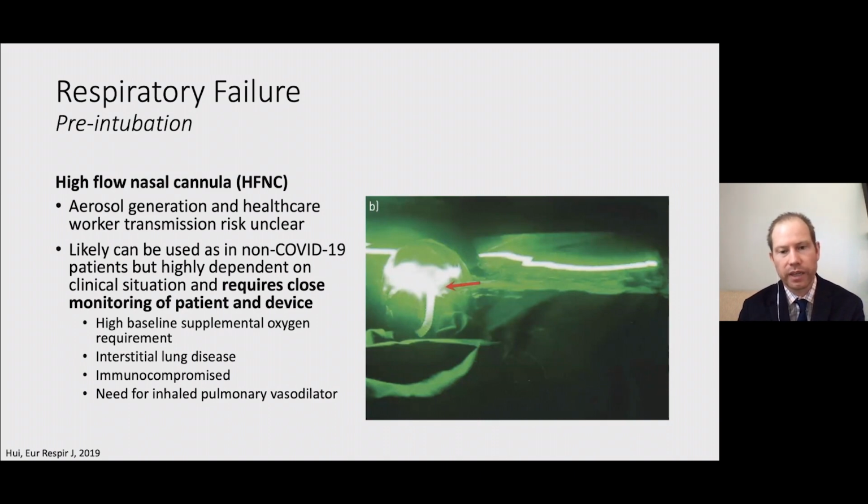What you see on the right side of the screen is from that same study looking at the spread of viral particles in the setting of the use of high-flow nasal cannula. This is an example where they've simulated the cannula coming very slightly detached from the patient's nose or being slightly misplaced. And the bright signal you see are viral particles spreading throughout the patient's room and environment. So it's very important that if patients are on high-flow nasal cannula, then both from a medical and from an infection control standpoint, they be closely monitored. It is a useful tool, as I said, and it can be useful for delivering other adjuvant interventions, such as inhaled pulmonary vasodilators, but it's one that we just need to use with caution.